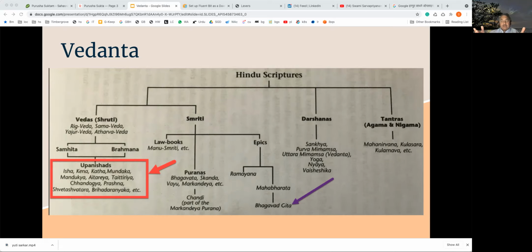You can clearly see that the Upanishads sit at the end of this Vedic text, and therefore it is called Vedanta. So this Vedanta is made up of the Upanishads, and the Upanishads form an extremely important body of the entire religious text